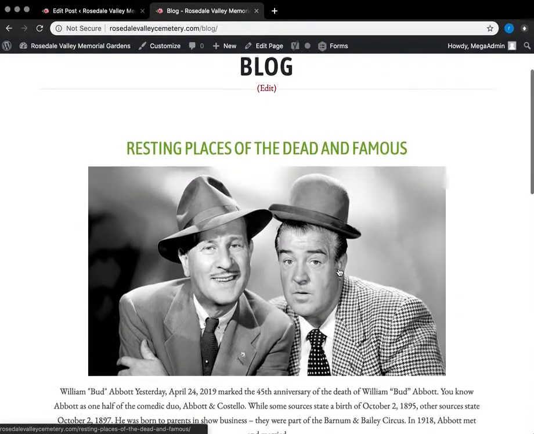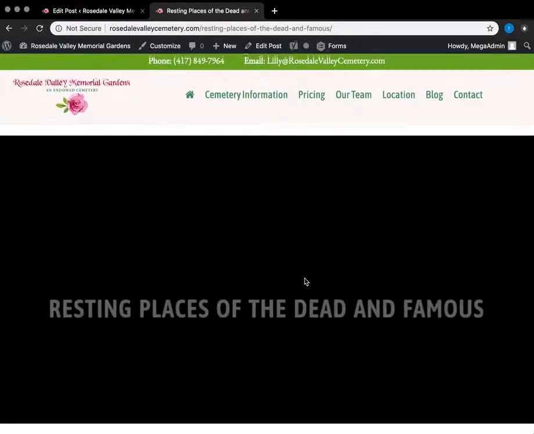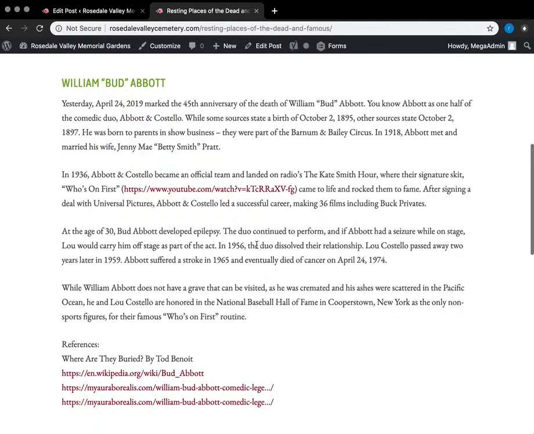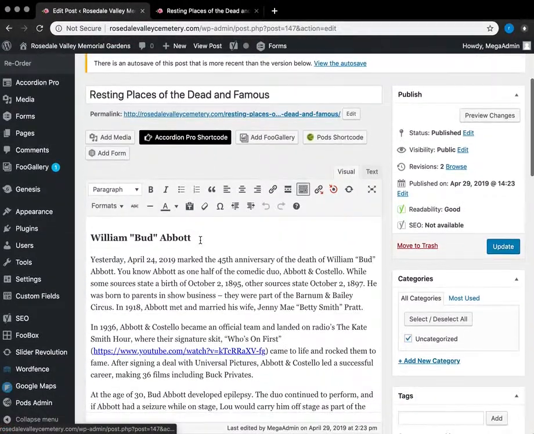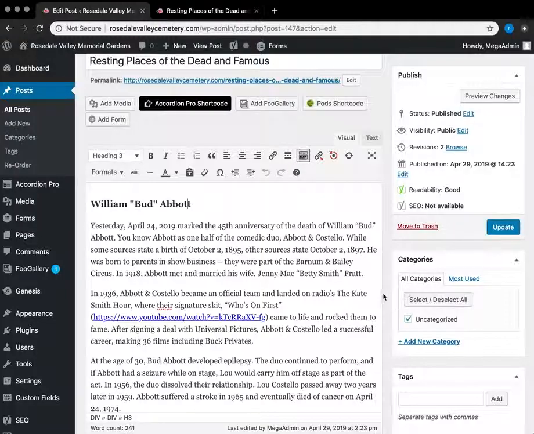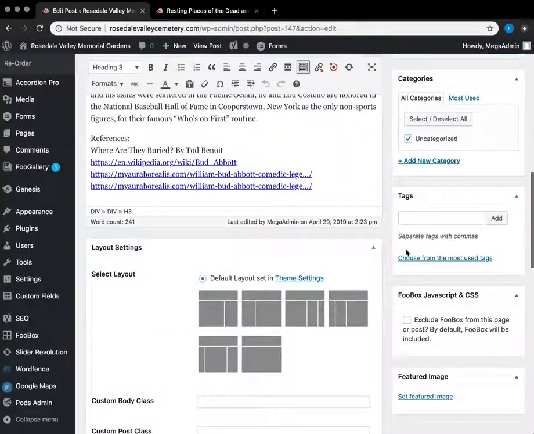So here's the blog page. Go to continue reading. So here is the blog page, and then where all of the content is. So here, it's just right here. This is a word processor, just like Microsoft or something similar. Change your title, and then